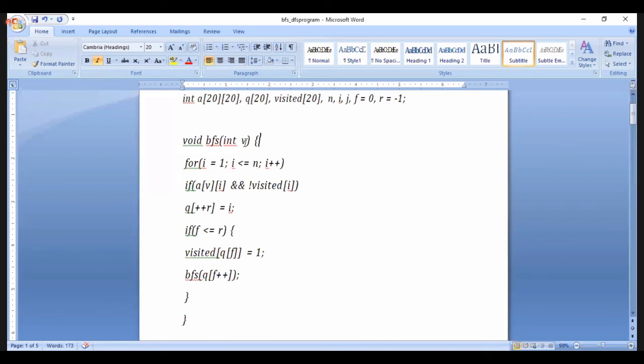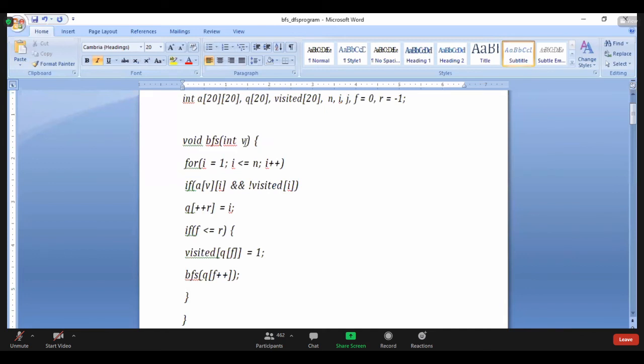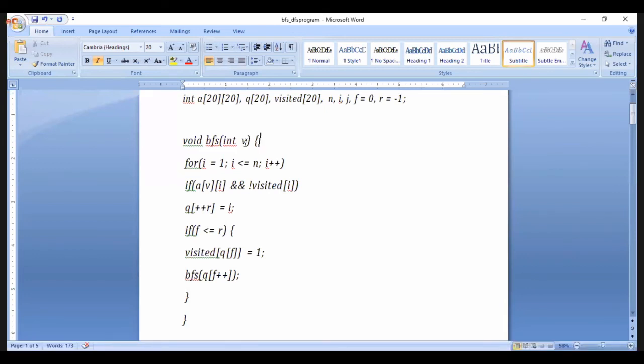What should I explain here? BFS I should explain. See, in our example A, B, C, D, E, assume that A is 1. Okay, vertex A is 1. So BFS of int V means vertex 1 I am passing to the function call. After passing to the function call, I wrote a loop. What is that loop? For I equal to 1, I less than N, I plus plus. If A of V of I, it is an array, V is 1 here, I is also 1, A of 1 1 is 1, and